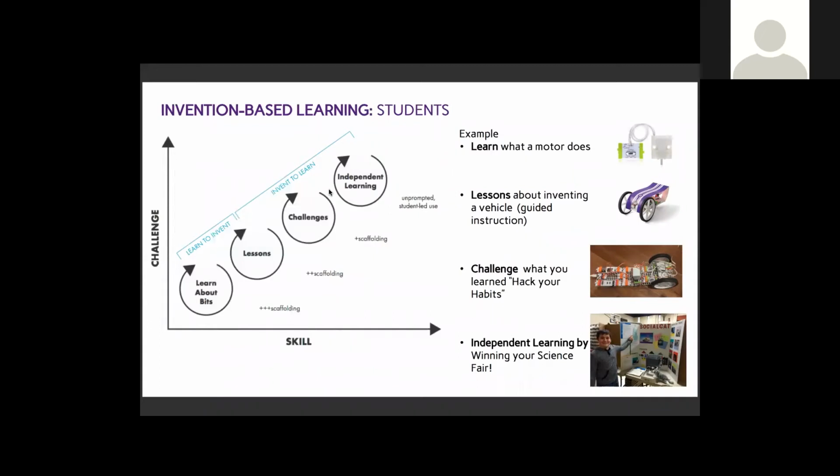The students will then go into a guided instruction from the teacher, the educator, of, let's say, building a BitBot that you see there. After they understand the basic concepts, we will give them a challenge, again, scaffolding on the knowledge that they've already built. In one instance, we could say hack your habits, which really means go solve something and make it easier, whether it's maybe creating an automatic stir for your hot chocolate, or this contraption here was actually an invention that was posted on our website at the beginning of the year under Hack Your Habits,